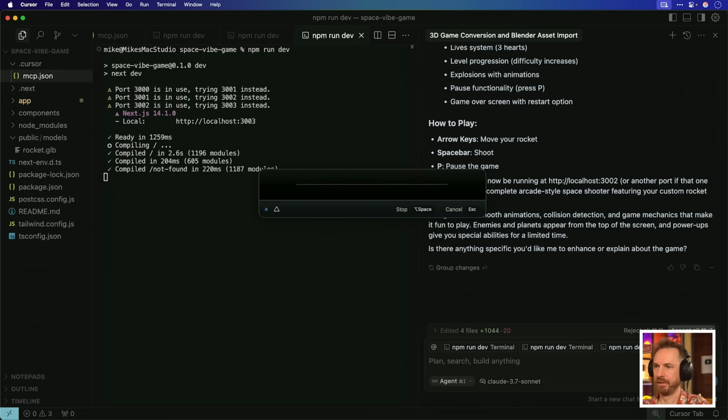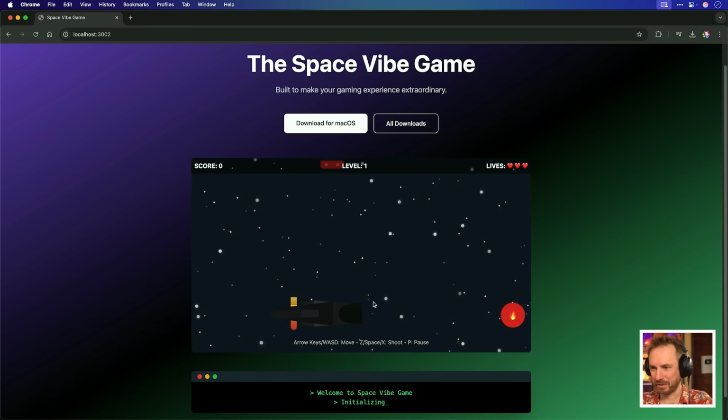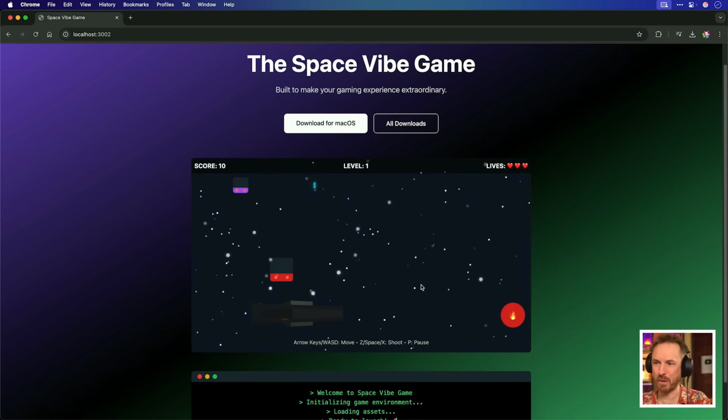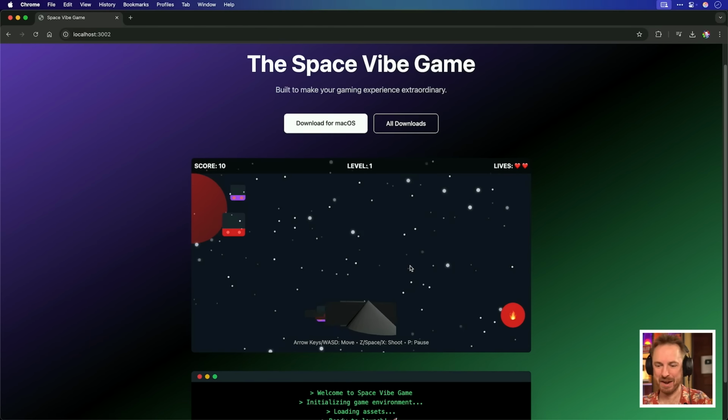Thanks, AI. It's definitely not using the rocket.glb file. Okay, and here is our Space Vibe game. Wow, okay, I've got to tell you, after vibing back and forth quite a bit, it's okay. It's definitely showing my Blender 3D render, but it's not doing it very well, and these stars are making me